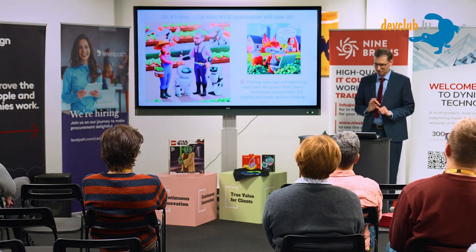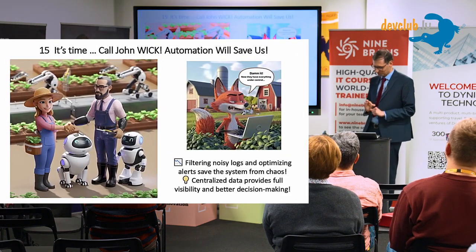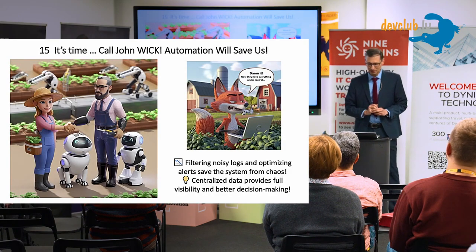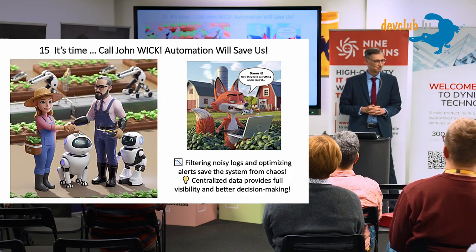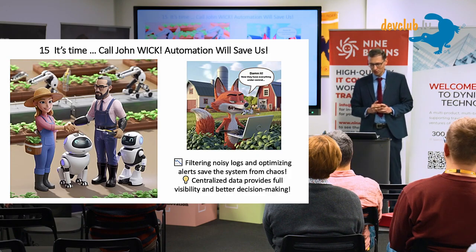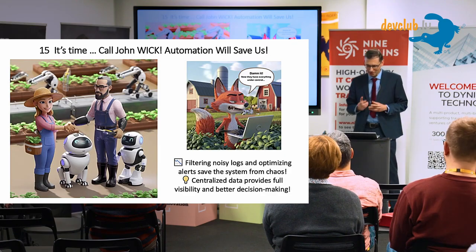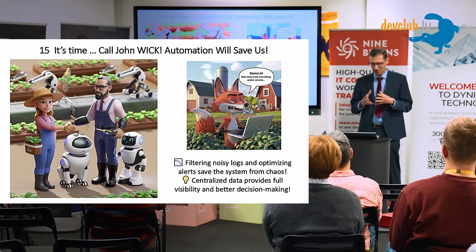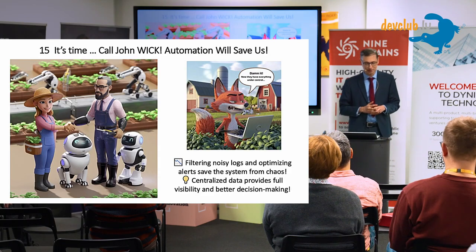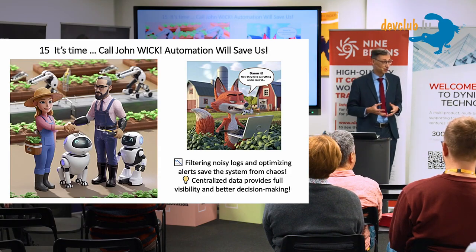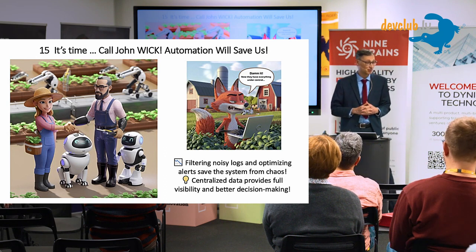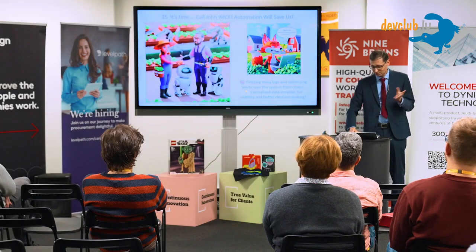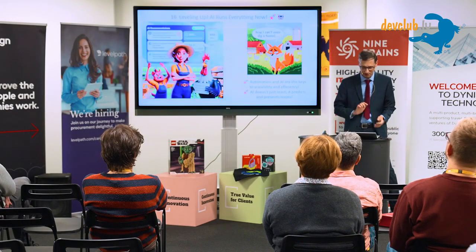So what's next? Jennifer refused to accept the resignation. Instead of that, she called John Wick, an automation specialist who arrives with a robot dog and robot assistant. And now they automate alert handling, filtering unnecessary logs, and life becomes easier because robots work 24/7 instead of a watchdog and assistant. But let's see what's next.